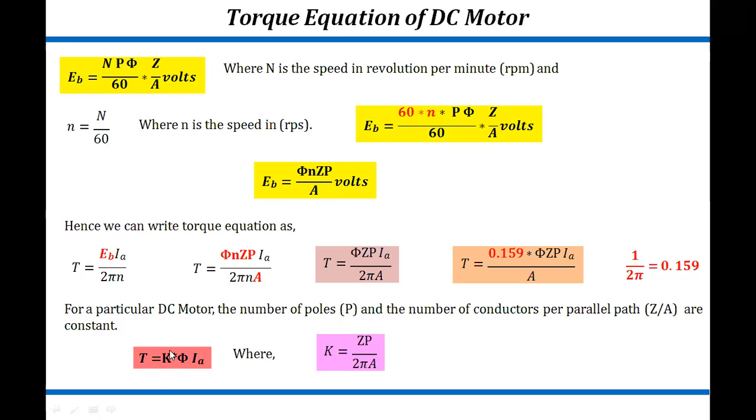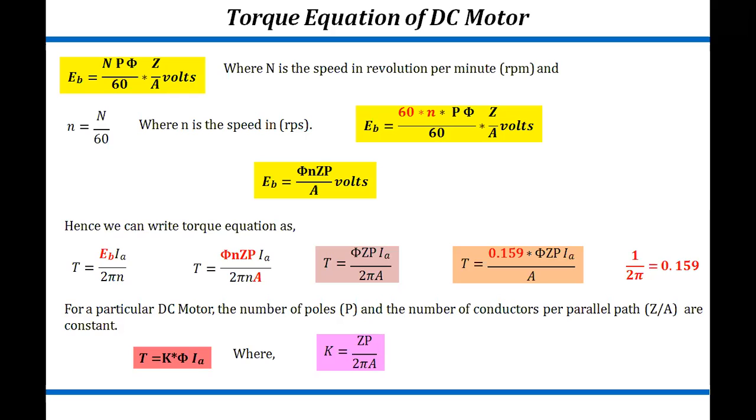We can consider that as a constant term because we know the Z and poles, and A will be constant. When we are solving the numericals, we can take the number of poles as a constant term,